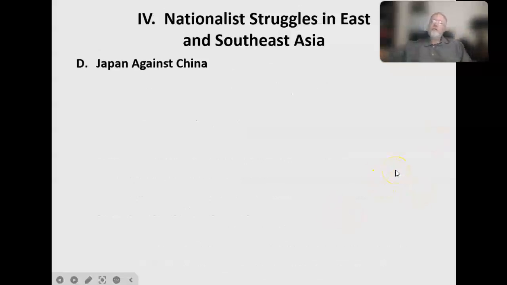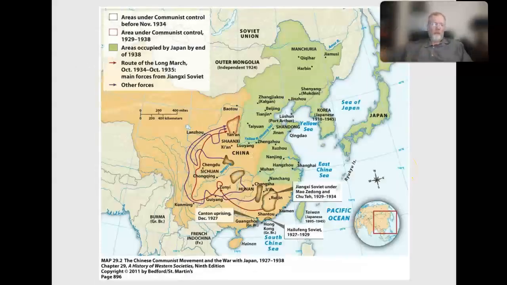Japan wages a one-on-one war with China, and it's really one-sided. China cannot stop them. As it showed on that previous map, by the time of the war, which this goes up through 38, the war starts in 39. I guess technically 40, but basically it's 39. September 39, if I'm right. By the time of this, which is right before World War II,